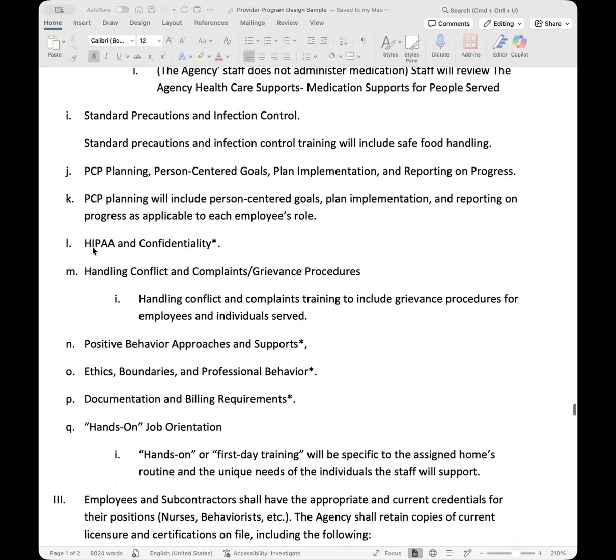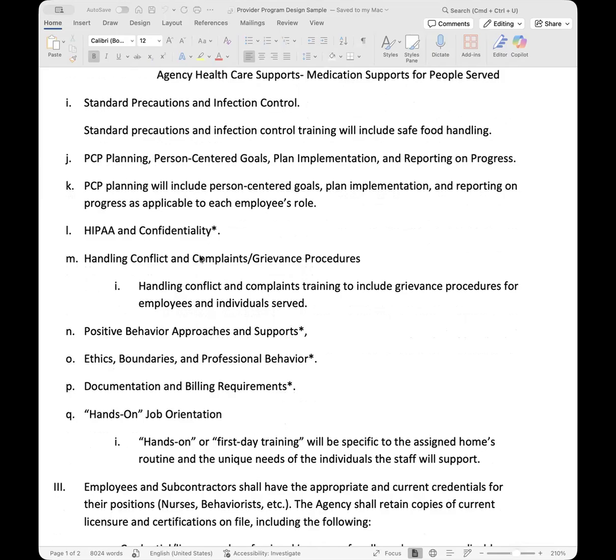Okay. I'm going to move straight to HIPAA and confidentiality. Of course, because we work with medical information, and Away, you're a nurse. Jasmine, I believe you're a nurse. You guys are very familiar with HIPAA and confidentiality. So, of course, your staff need to be trained on HIPAA and ensuring the client's confidentiality when it comes to